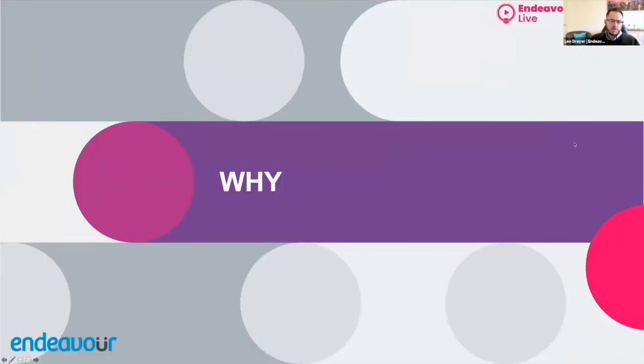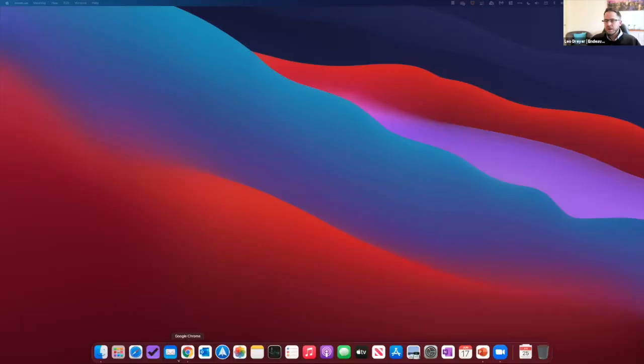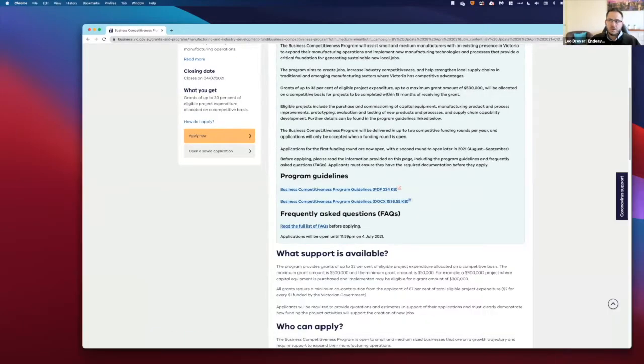So why change? Well, I think the time has never been more crucial for manufacturers in Australia to expand and streamline their operations. The manufacturing industry is seeing a massive resurgence at the moment. With the advent of COVID and also the trade war, there's a lot more commerce coming back, which also raises the competition locally, where there's a lot more manufacturers. And I do actually want to share with you guys, I don't know if you're aware, it's so much so that the Victorian government currently is even assisting small and medium manufacturers, expanding their businesses up to, I think, like $500,000. So you might hopefully see on the screen at the moment,